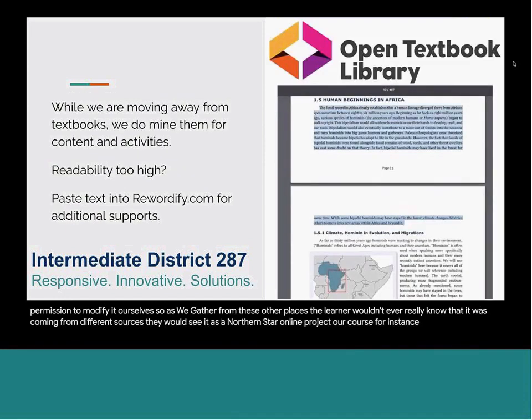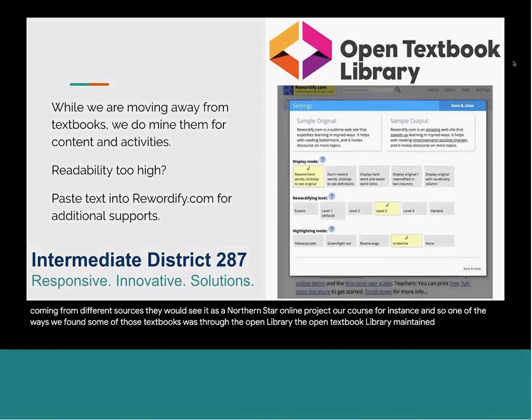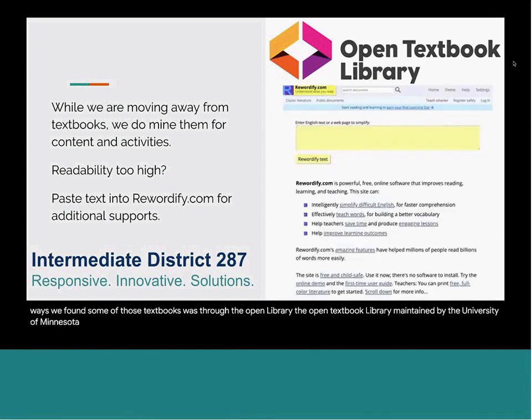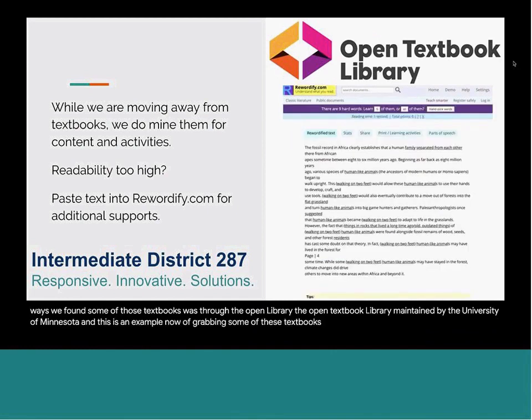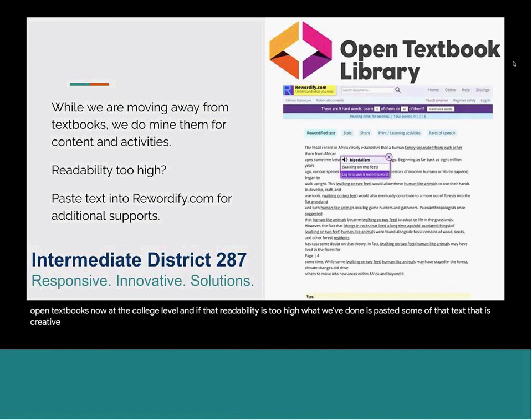And so one of the ways we found some of those textbooks was through the Open Textbook Library maintained by the University of Minnesota. And this is an example now of grabbing some of these textbooks that may be at a higher level. There are a lot of open textbooks now at the college level. And if that readability is too high, what we've done is pasted some of that text that is Creative Commons licensed into a tool like Rewordify, where we can then